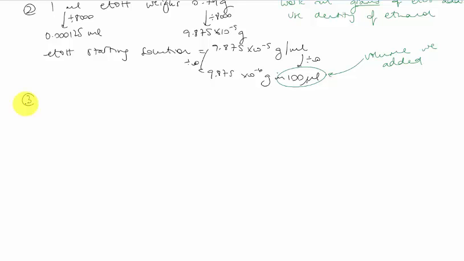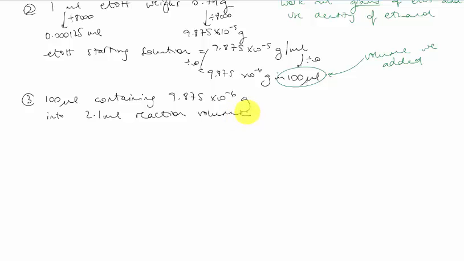The third thing we need to do is now we need to start thinking about the concentration in our actual assay tube rather than the concentration in our starting solution. So we had 100 microlitres, which contained this number of grams, and we added that into a 2.1 mil reaction